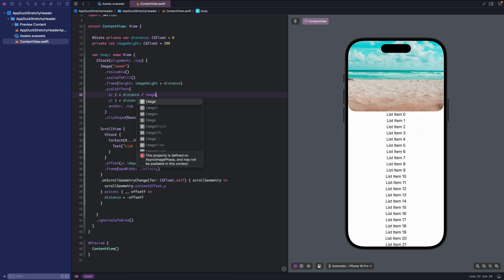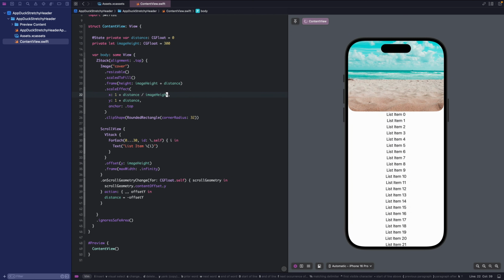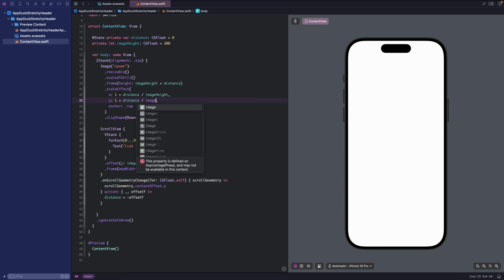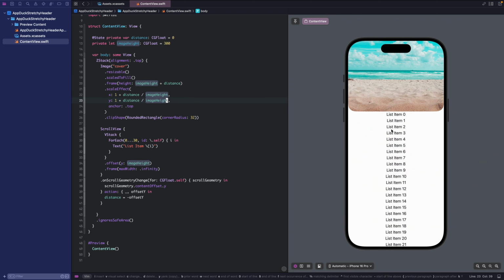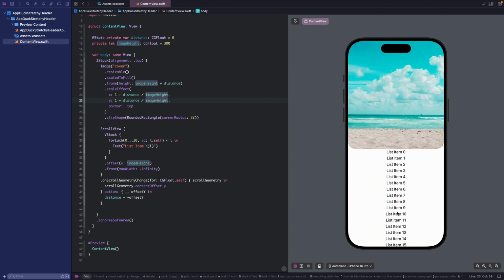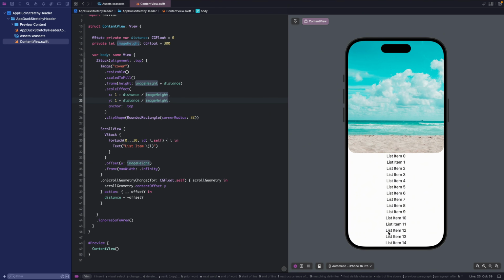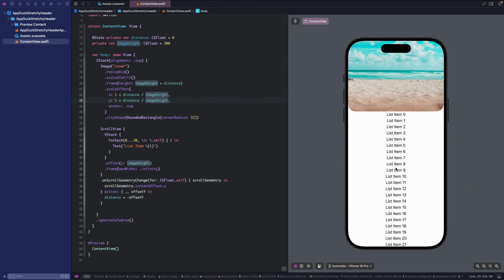I will divide by the image height. Okay, it looks better. Feel free to play with it and adjust until you like it.